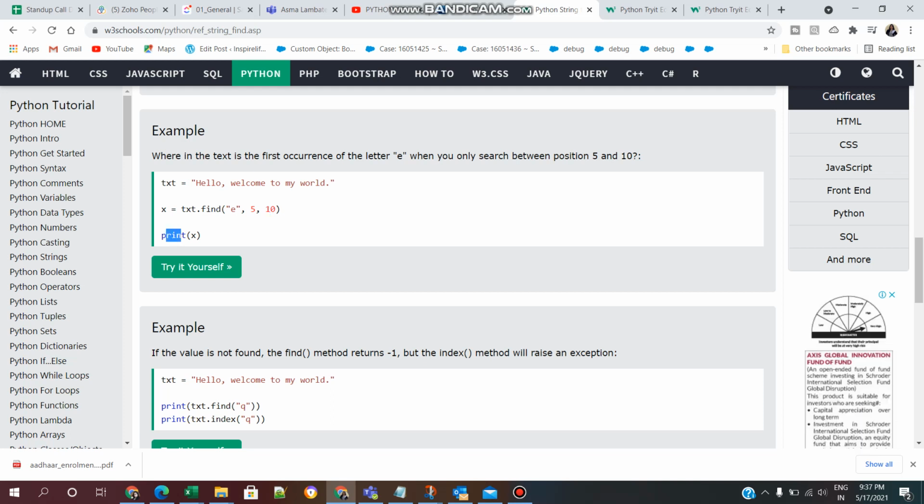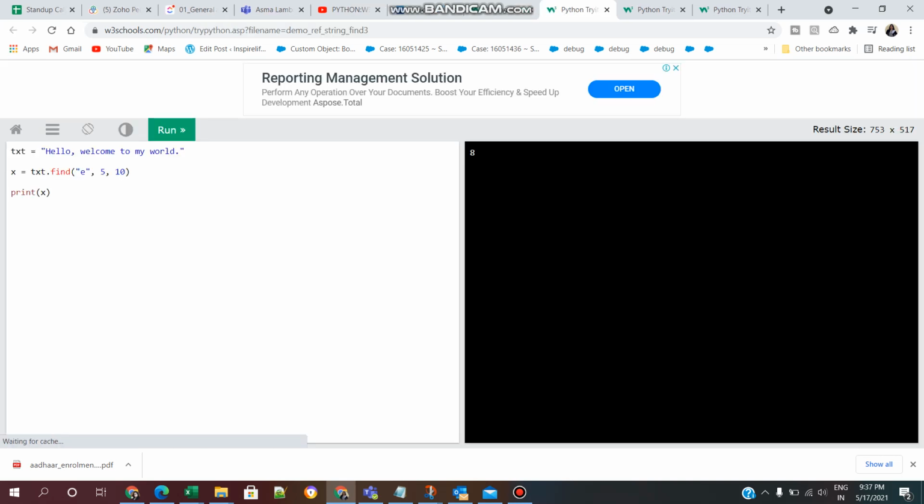After that we are printing the x value. So click on try it yourself. See here we are getting the 8th position. So from 5th to 10th we have the e value at the 8th position. So it is giving 8.